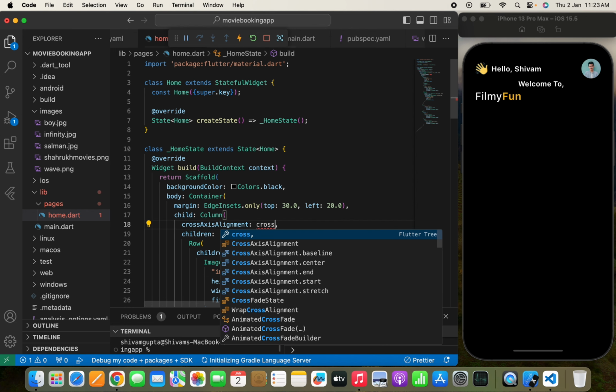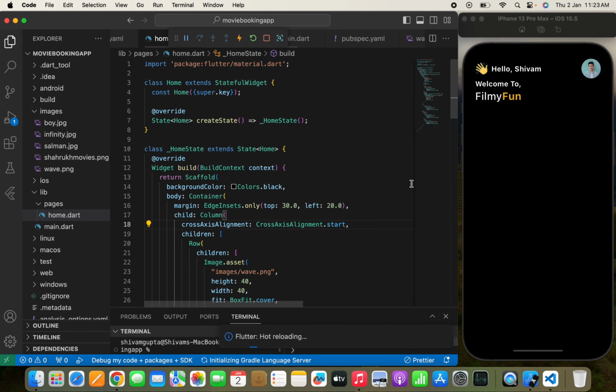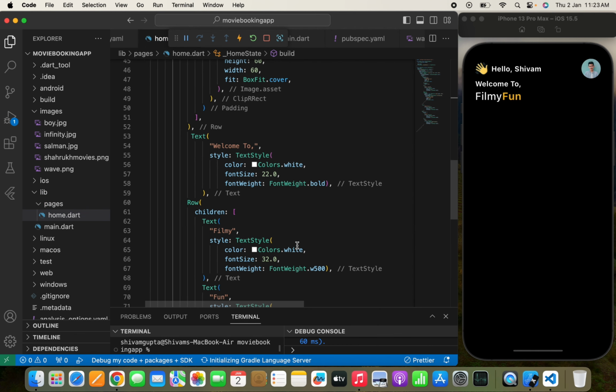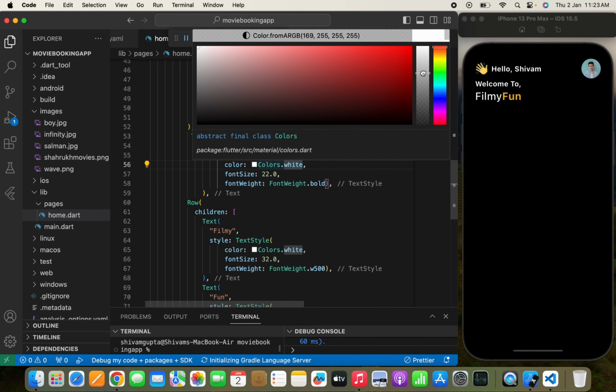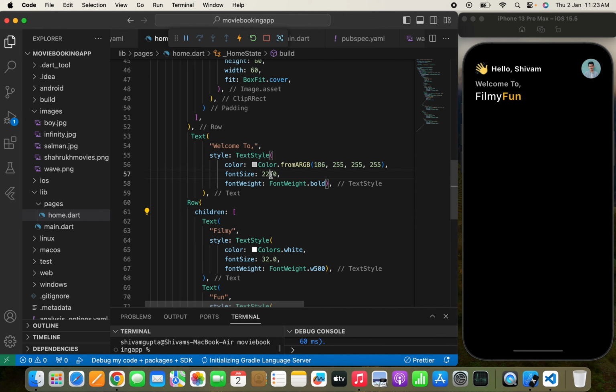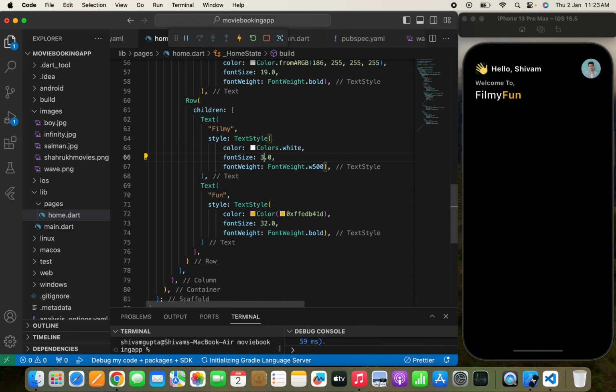So we'll simply pass cross axis alignment dot start, and we can change the color of this text to a different color. So let me find what color will match over here. Yeah, it is okay. We can do up to 18, or I think 19 will be okay. And here I'm thinking to increase the font size up to 36 and 36. Yeah, it is okay. Welcome to Filmy Fun,